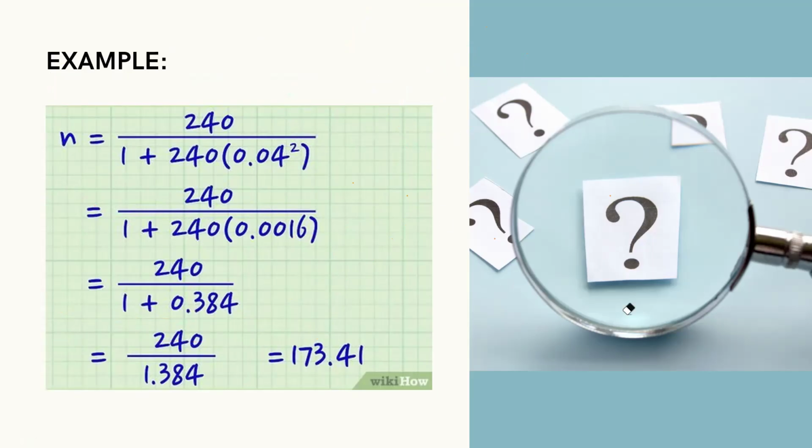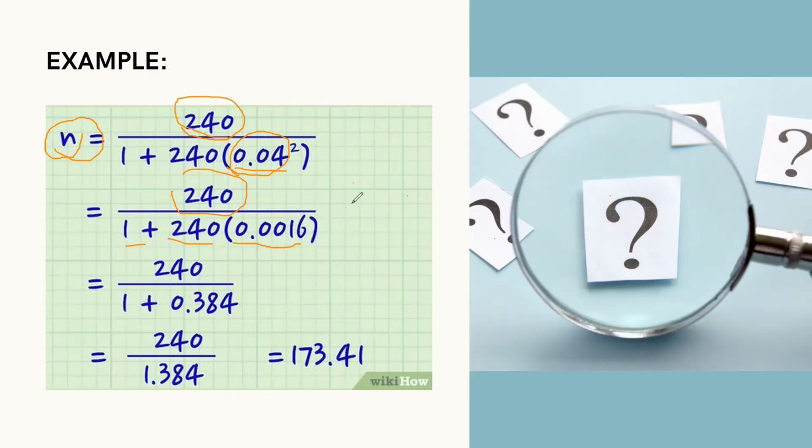There. So once again, we have here the total population of 240 students, and we are trying to solve for the sample size. So in this case, we will just substitute n, or the big letter N, as 240, and then 1 is given, and then the next one is 240, which is still the N. This 0.04 is our margin of error. And then we need to square it based on the formula. 0.04 squared, that is